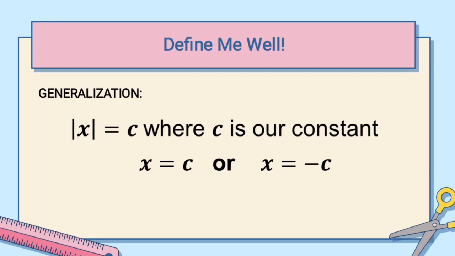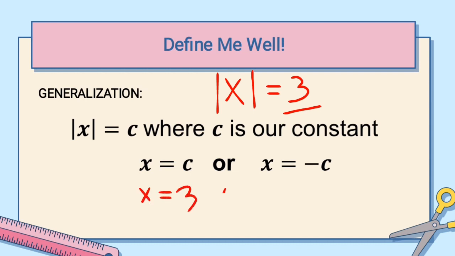Now, let's look back on our example 1. Our example 1 is this, right? So, in here, our c is 3. So, x is equal to 3 or